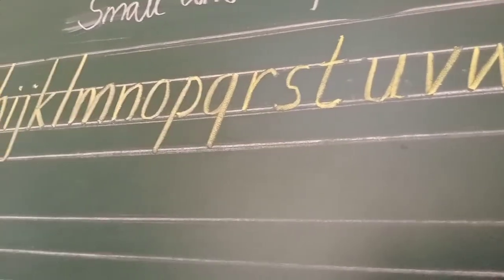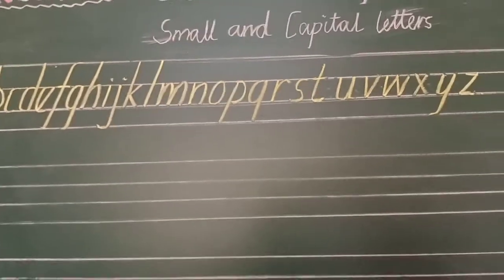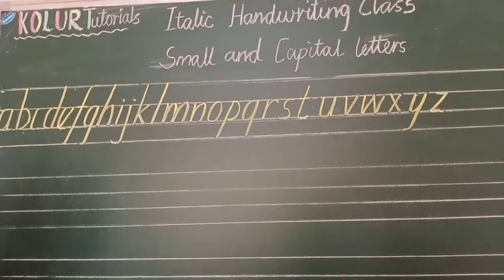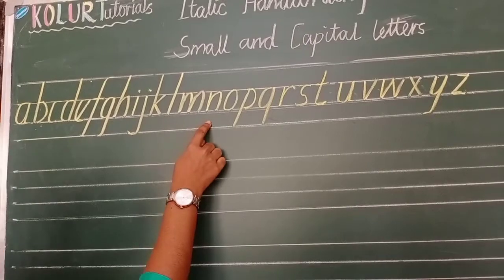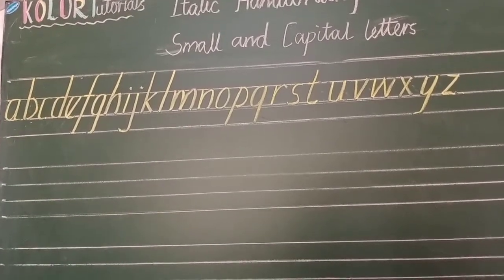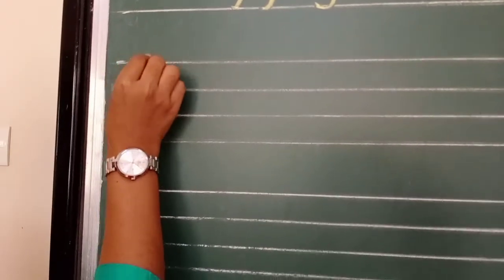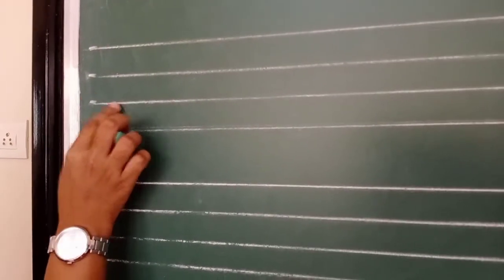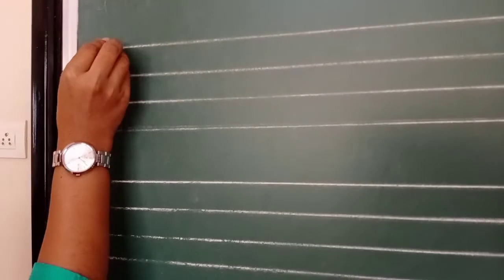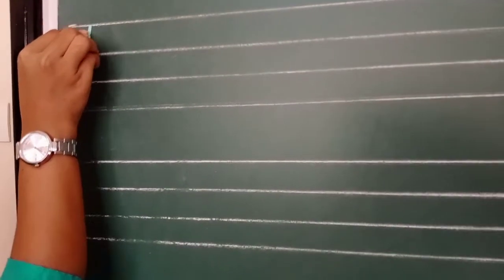Now I have written all the small alphabet in the middle and base line. All the small letters are placed. That is very important. All the small letters have touched the base line. Look friends. Now I am going to show you where the capital letters should be written. See here. Only these three lines are used to write capital letters. For example, the descending line is not made use of to write capital letters. Only these lines.